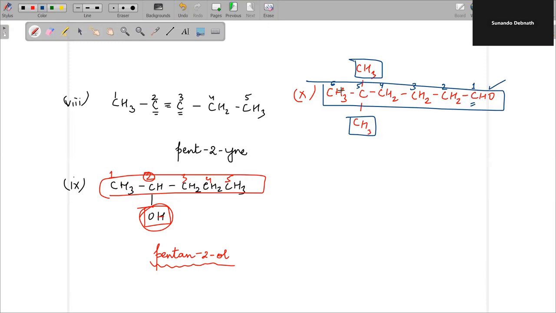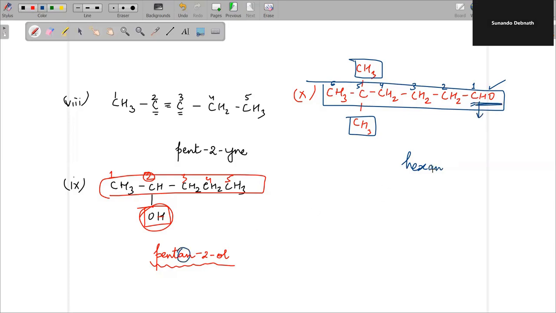Base word क्या होगा? Because हमारे पास 6 कार्बन है मेन चेन में, पूरा का कितना कार्बन है वो मत देखना। If total number of carbon in this whole compound is not 6, तब तो हमें ये और ये सी को भी काउंट कर लेंगे तो गलत हो जाएगा, तो फिर 8 हो जाएगा। We have to only see how many carbon are present in the main chain, not the total number of carbon present in the organic compound. मेन चेन में 6 कार्बन प्रेजेंट है, इसलिए हेक्स यूज किया। Here you have CHO group, तो सफिक्स AL जाएगा।